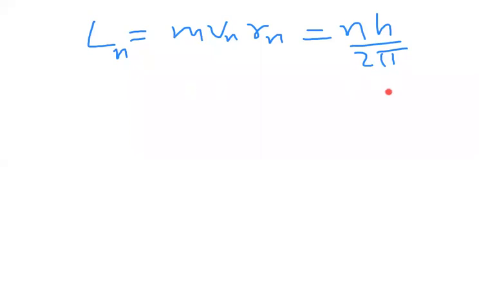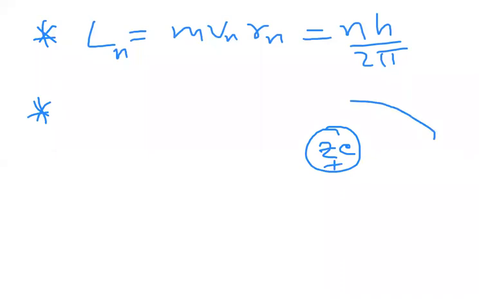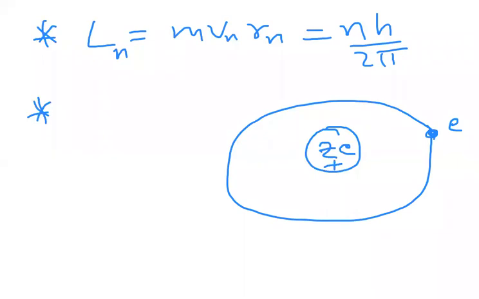Now, let us see the phenomena happening here. That was the first point. The second point: at the center we have the nucleus. The charge of the nucleus is Ze, where Z is the atomic number or number of protons. The charge of the nucleus is Ze, and it is a positive charge. Here the electron is revolving around the nucleus in the stationary orbits. Suppose the electron is at a distance of Rn, where Rn is the radius of this nth orbit. It is moving with a speed Vn.